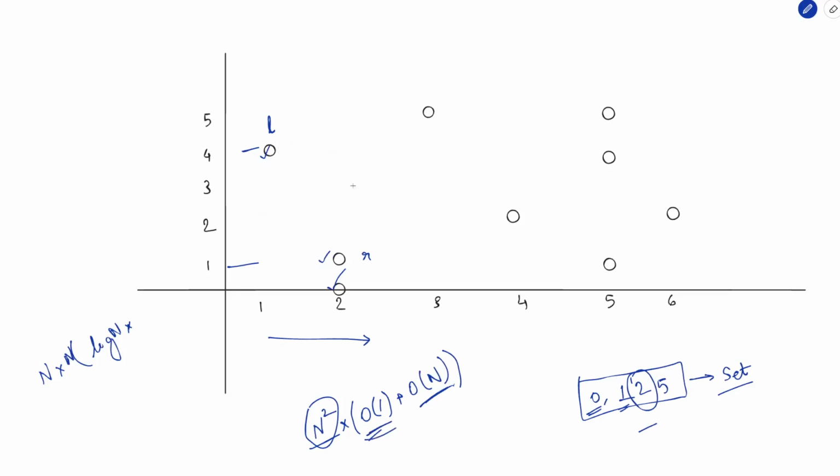So let's ignore that. Secondly, you are checking how many numbers are in between this y of L and y of R. So for that you are doing upper bound or lower bound on the y value of L and y value of R. So that will take you 2 log n time, and after doing that you are also inserting the y value of this R into your data structure. So that will again take you log n time, right? So overall the complexity is now n squared log n, which is a lot better than the n cube complexity, and